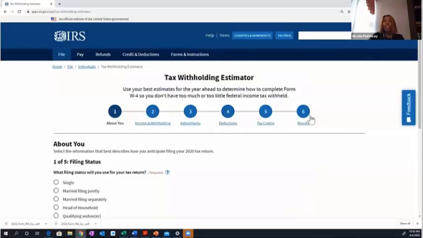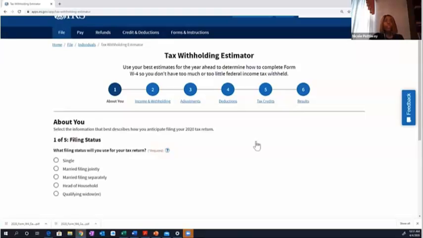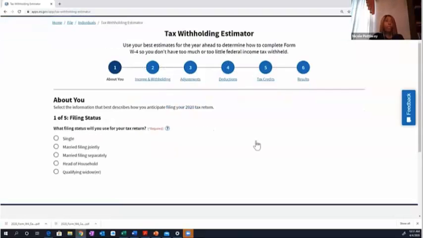So as you can see, there's 6 sections to this estimator. It's actually, once you've gone through it once, it becomes fairly easy to get through. You start with the About You section, which is just information about you or the person, whomever is filling out this form. So in the example that I'm using, this person's filing status, because they're single and because they have dependents and no one can pay more than 50% of taking care of them, they're going to file as